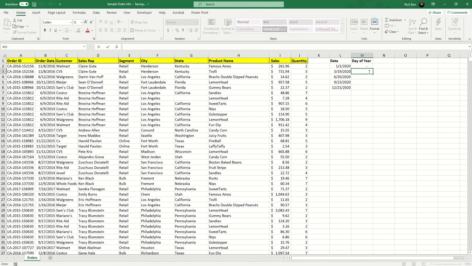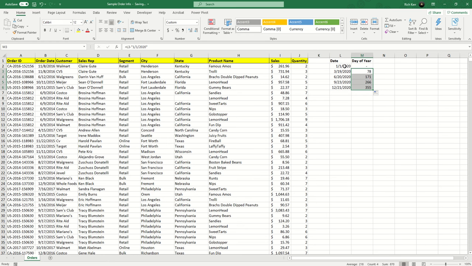Let's do that same formula below. We'll say again equals the date to the left minus the first of the year, right? So we'll say L3 minus 1/1/2020. And again, we get a value that initially is formatted as a date, but when we convert it to comma style, we can see that that's the 78th day of the year. Now I can simply drag this down, right? If I drag that down to the cells below, we can see that